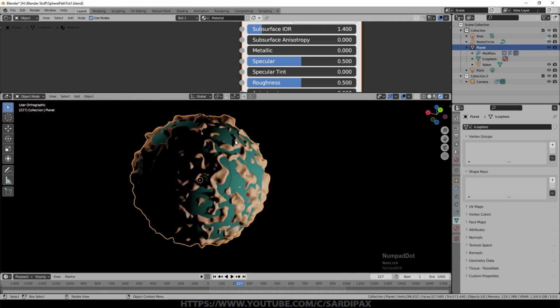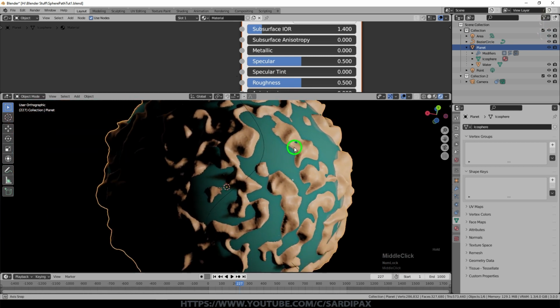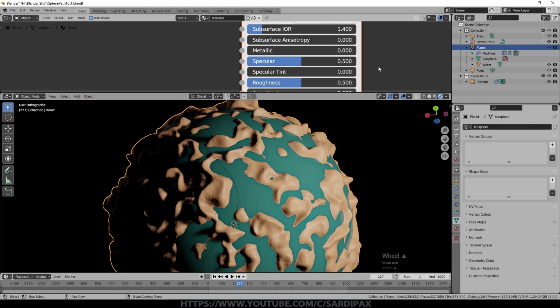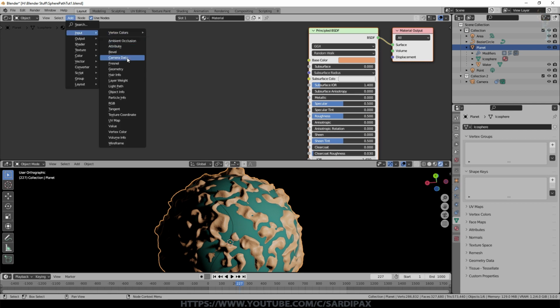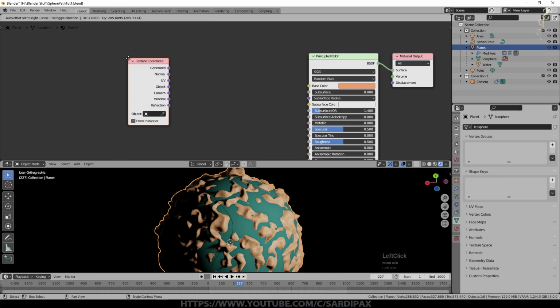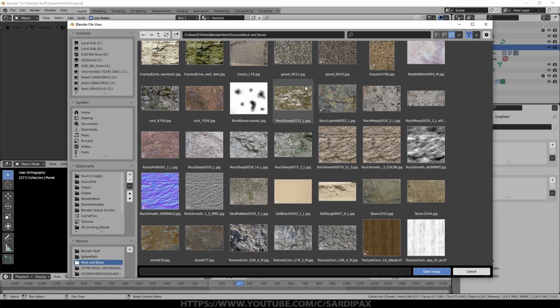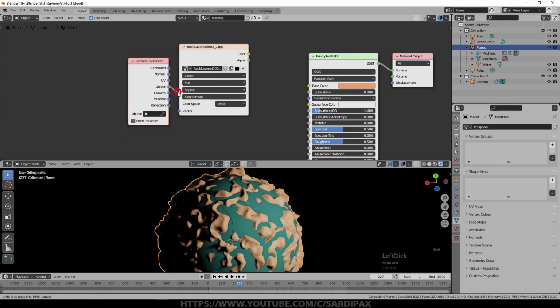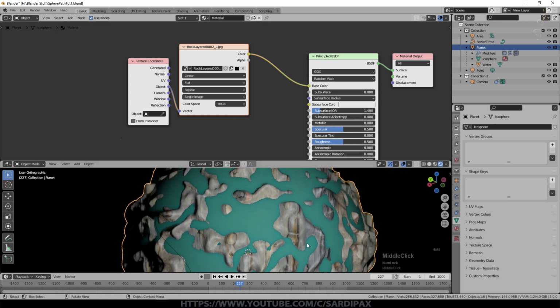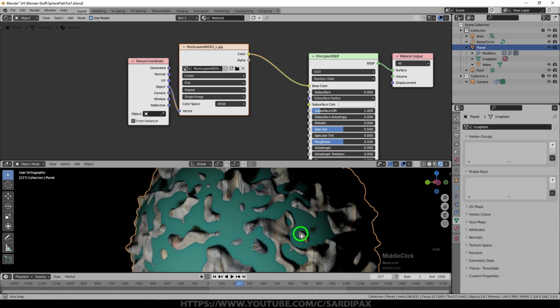So I did quite a complicated shader just for the terrain itself, but we'll quickly put that together. So I'm going to add an input which is a texture coordinate because I haven't unwrapped this. I'm also going to add texture which is an image texture, and I used this text here, rock layered 0002 from CD Textures. I used the object texture coordinates into my rock layer image, and then of course that goes into the color input here. So you can see we've got this banded rock texture appearing.